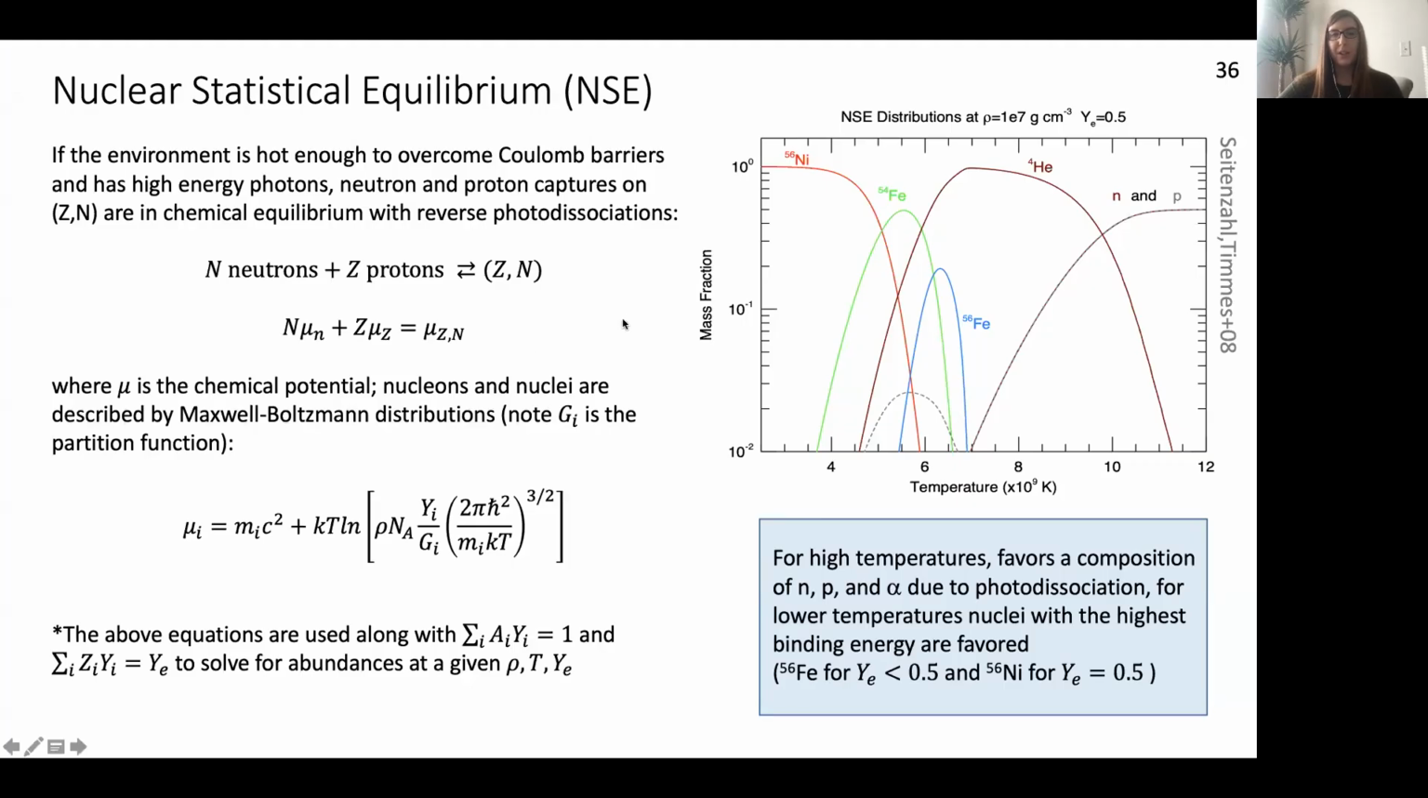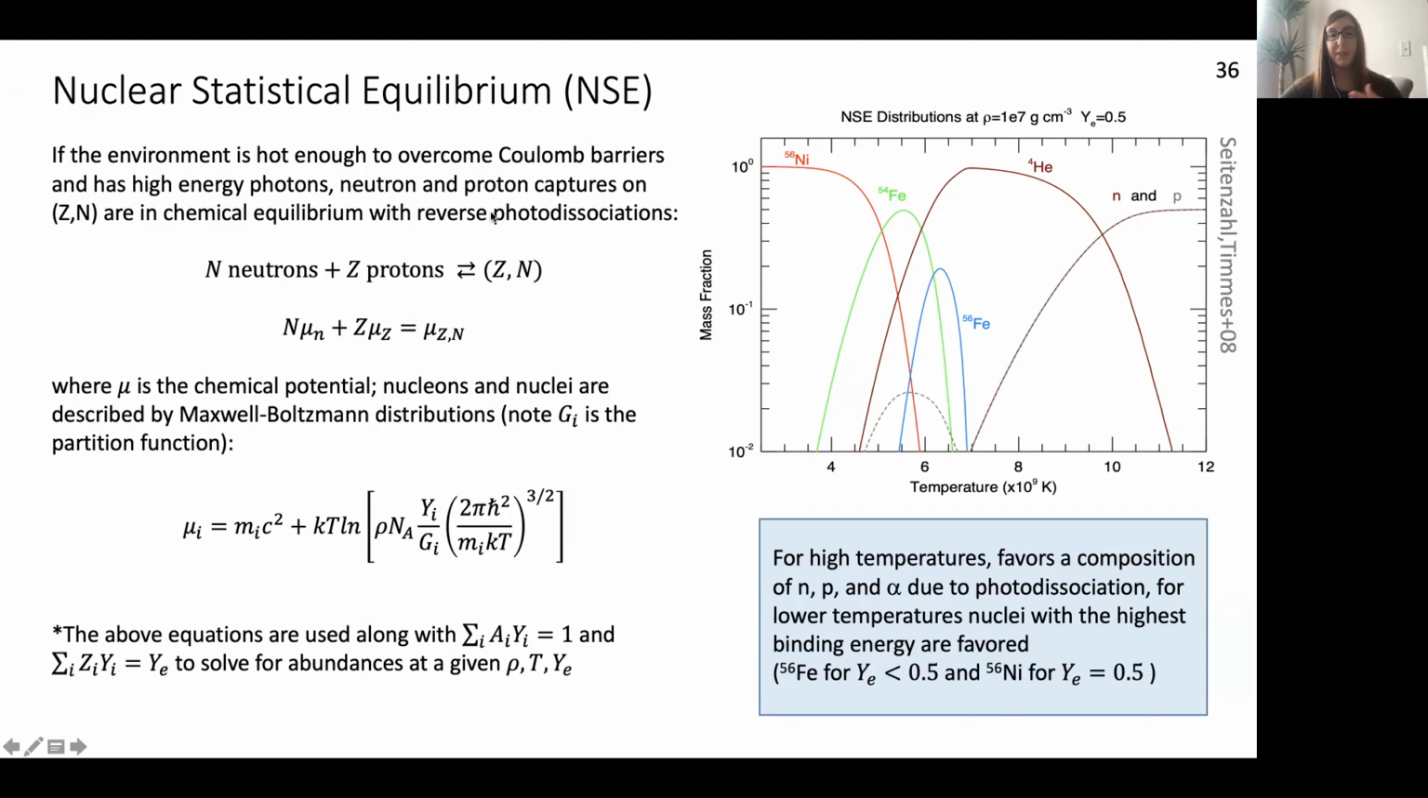Okay, so before we can talk about networks and reaction rates, we need to talk about equilibrium a little bit, because equilibrium assumptions are something that go into astrophysics calculations. If you have very high temperatures, very high densities, this is something that can be achieved within astrophysical environments. So if your environment is hot enough to overcome Coulomb barriers and has higher energy photons, nuclear statistical equilibrium assumes